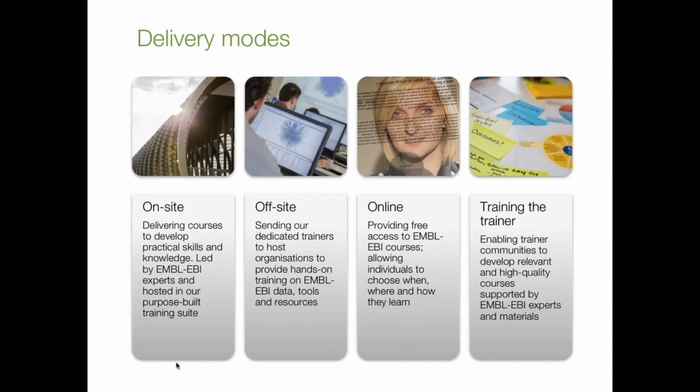We also go all over the world. We have an off-site training program. Those same trainers, those people who are often either curators or software developers embedded in our service teams, go out to host organisations and provide hands-on training to researchers at your institute. We try and tailor this to the needs of the individual host. The fastest growing